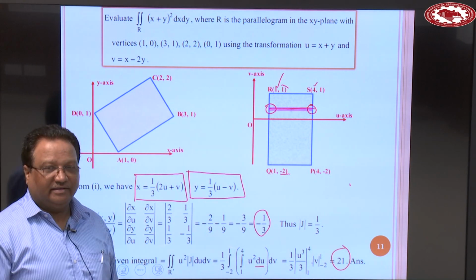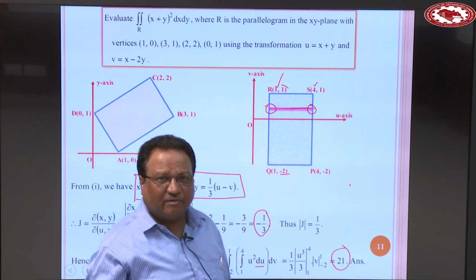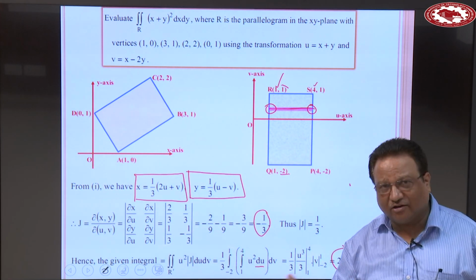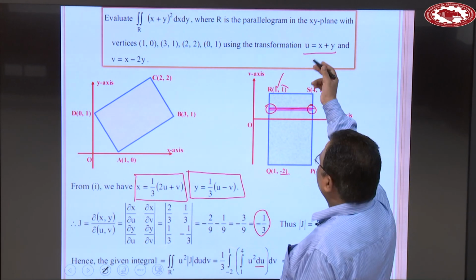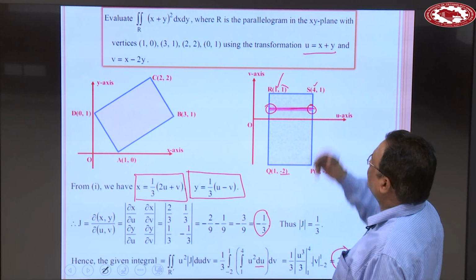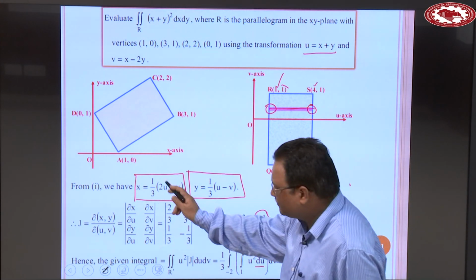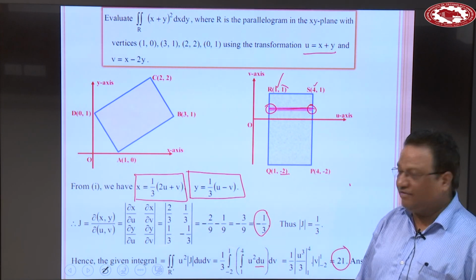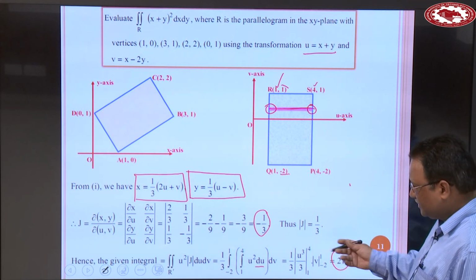This is not a standard transformation, you are not converting to polar here; the transformation is given. And what is the transformation in polar? x is equal to r cos theta, y is equal to r sin theta. But here we have been given this transformation, u is equal to x plus y and v is equal to x minus 2y. In other words, x is 1 by 3 (2u plus v) and y is 1 over 3 (u minus v). And from these calculate all these things and solve this double integral problem.